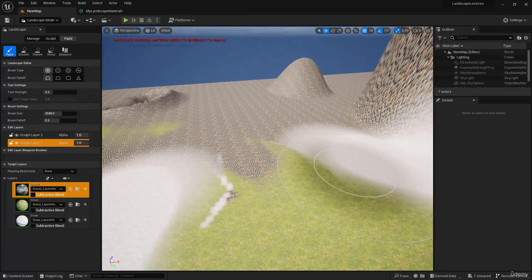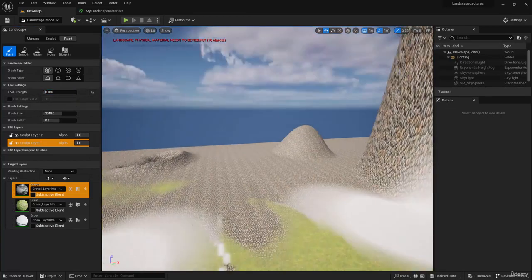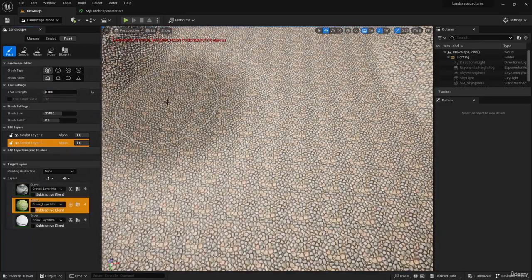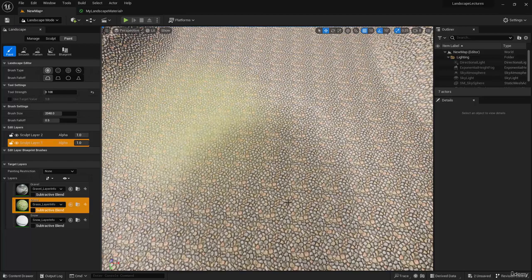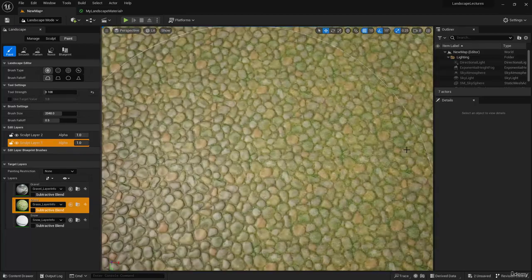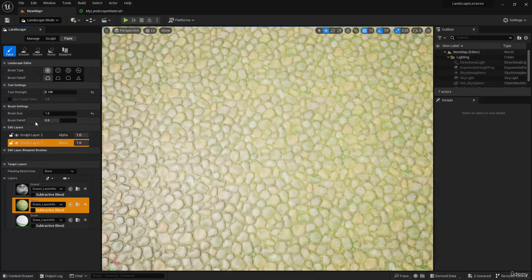And now I'm going to turn the tool strength down and select my grass layer and paint some grass in at various weights. And now I'm going to take a screenshot of this so that we can compare it with the other blend